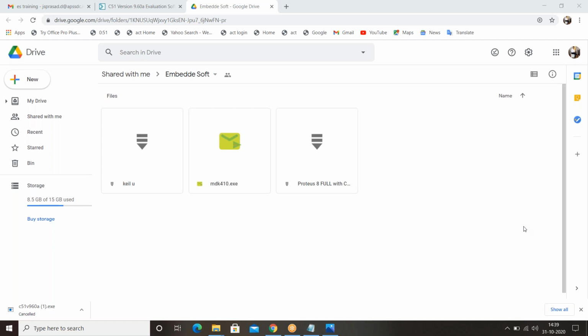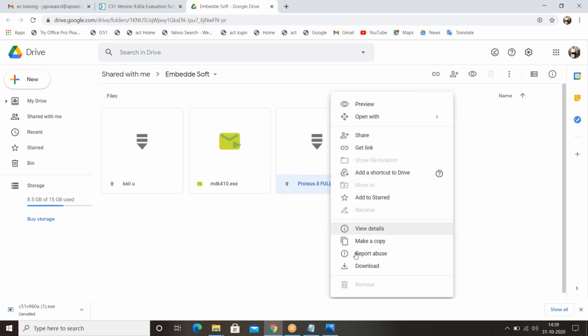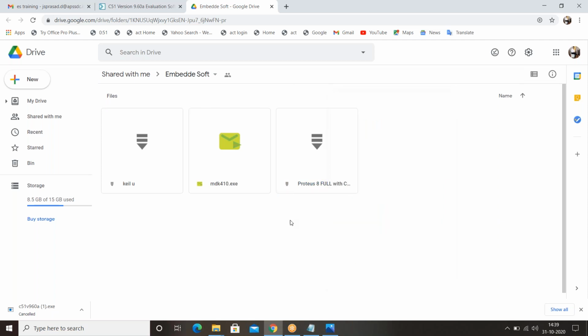Okay. Go to this Proteus 8, right click on this, here you'll get a download option. Download it. After downloading, inform me and I'll explain the installation process. Don't go in a hurry.